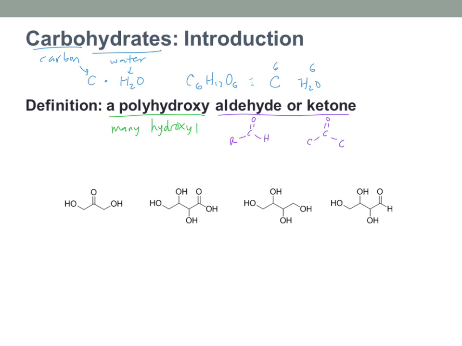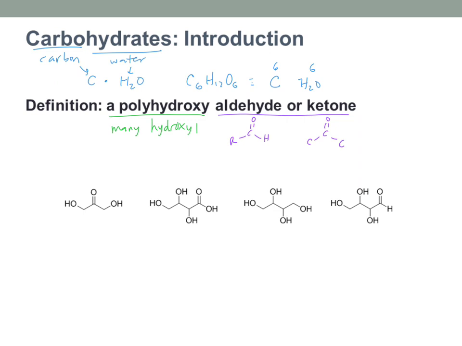There are lots of things that are C6H12O6 that are sugars and carbohydrates, but there are lots of things that are C6H12O6 that are not carbohydrates at all. I'm not going to draw them all out, but just trust me that just because something has a formula with a ratio between carbon and water in it does not make it a carbohydrate. So I have these 4 examples down here, and I want to know: are each of these 4 things carbohydrates or not?